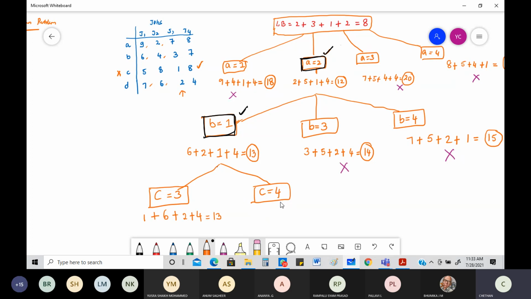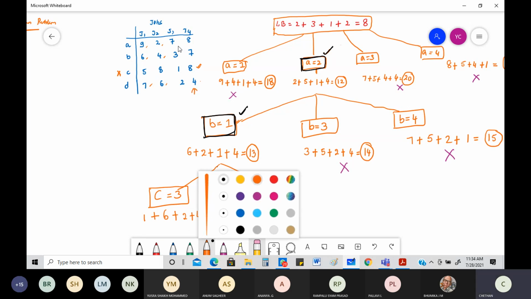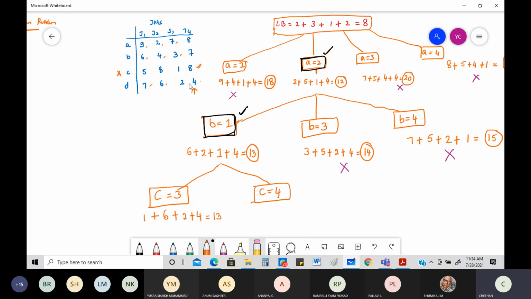Now I need to consider with regard to C is equal to 4. If C is doing the fourth job, be careful now. Considering that C is doing the fourth job, same row only, which basically means I need to change the place which I should not be considering. So what is the meaning of that? The meaning is very simple. Among 7, 3, among these ones, which are minimum, look into this.